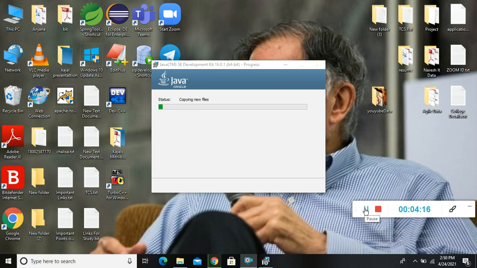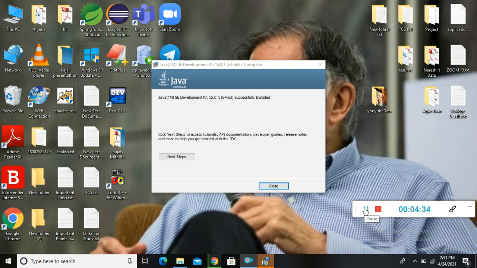It is copying some files like the Java packages and API, and it will copy all the system libraries into your system. Now it has installed, so you have to click on the close button.